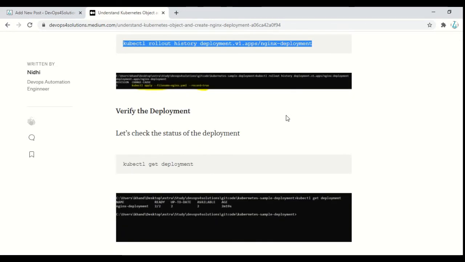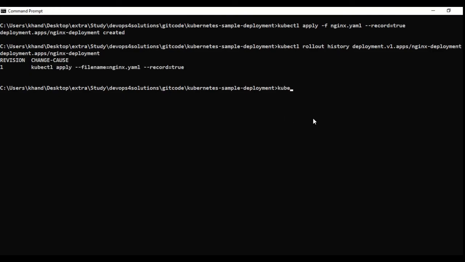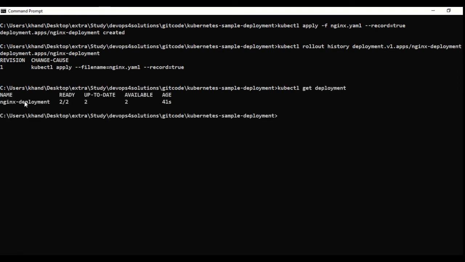Now let's verify our deployment. These are some commands: kubectl get deployment. This will show that we ran this Nginx deployment and it has two replicas, 2 by 2 up to date. You will get all the details. Now, what other components has the deployment object created?